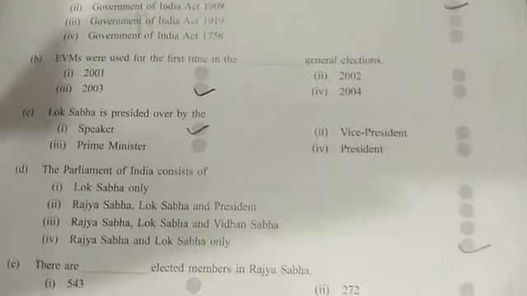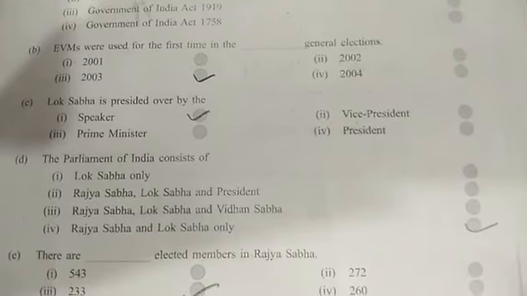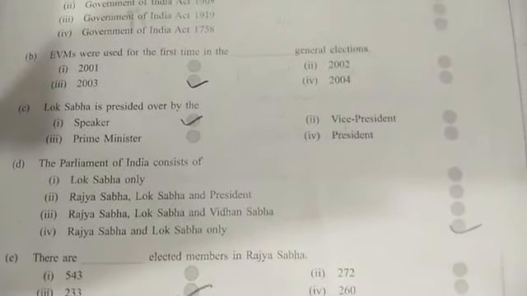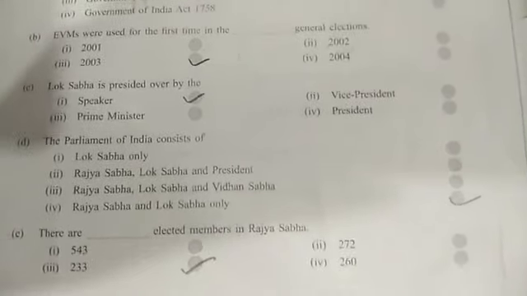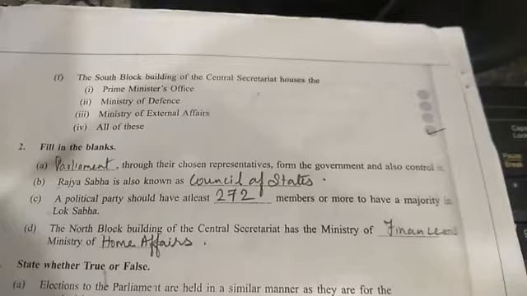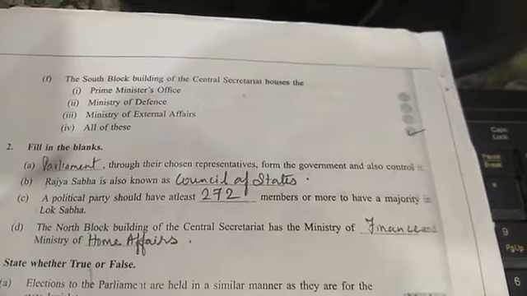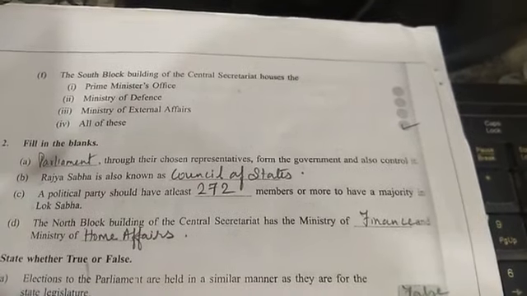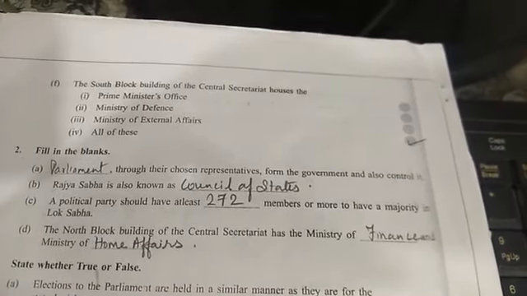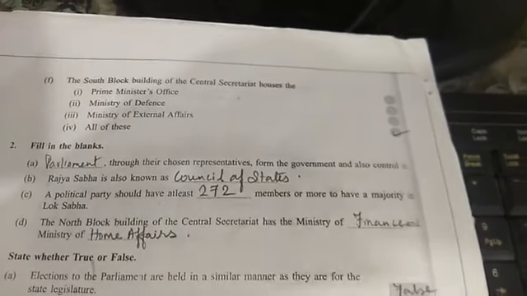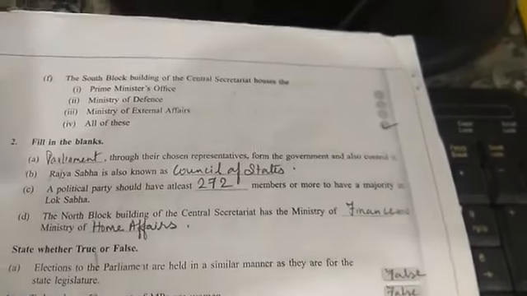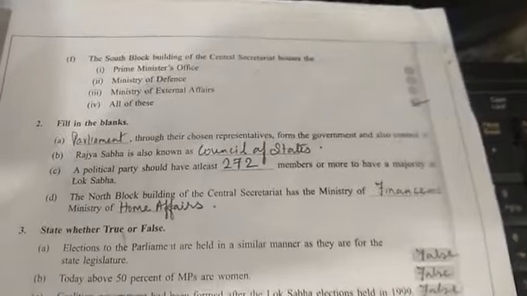The Parliament of India consists of Rajya Sabha and Lok Sabha only. There are 233 elected members in the Rajya Sabha. The South Block building of the Central Secretariat houses the dash. That is all three: PM's office, Ministry of Defence and Ministry of External Affairs. All of these are the answer.